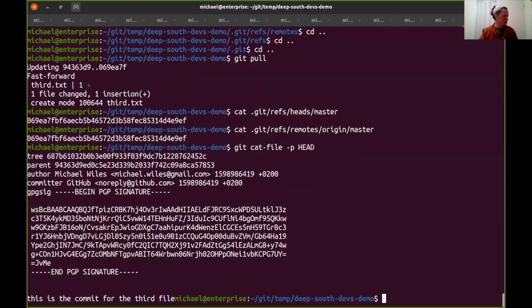Look at that. So that's the one that came from GitHub. There's some extra fancy stuff for extra security. I'm not entirely sure exactly what it's doing and how it works, but it looks like it's got some sort of validation included. The commit comment is still there, but it's got some PGP signature to ensure an extra layer of security. But I actually want to see the tree for this one. So git cat-file -p that tree, 687b,